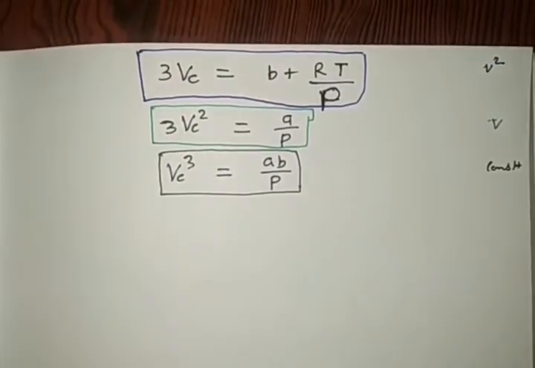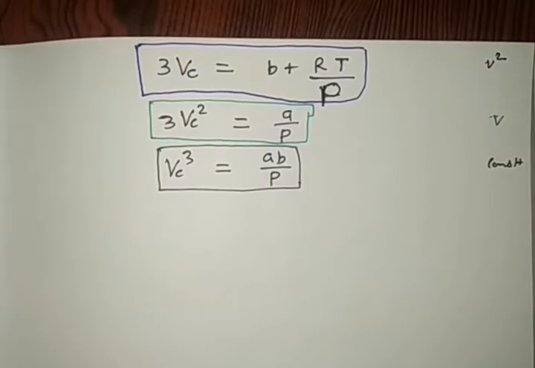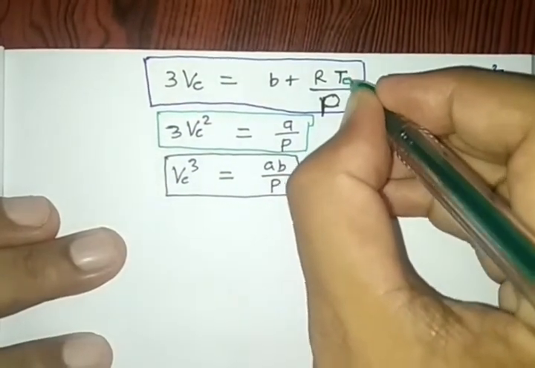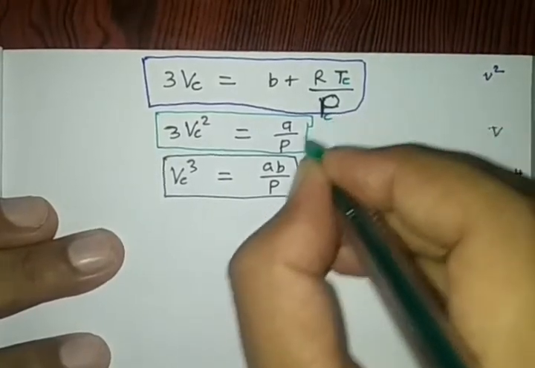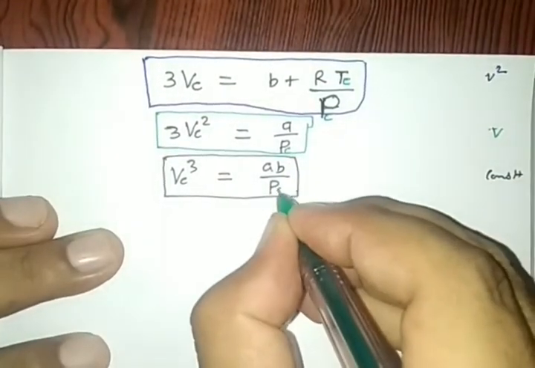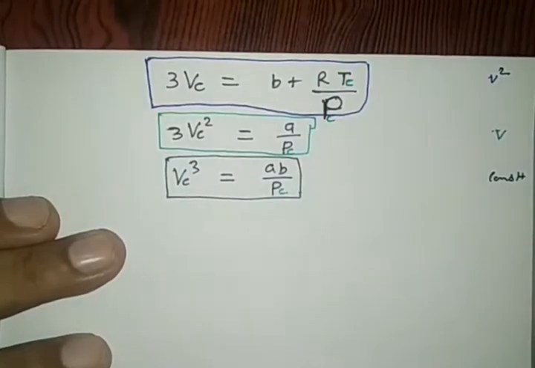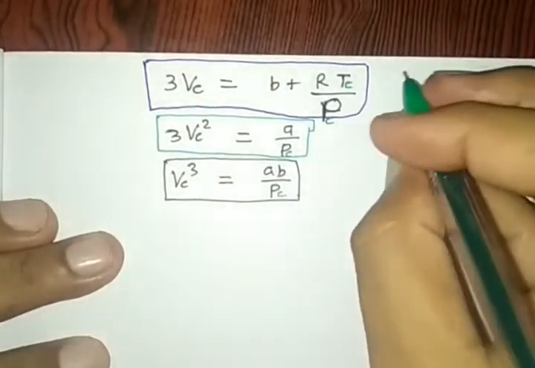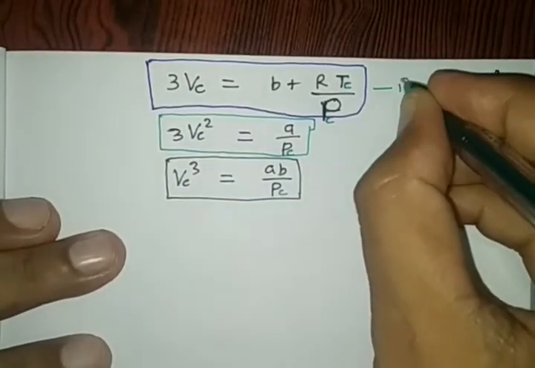So under this condition, the change which we will take here: T will change as Tc, P as Pc, and V as Vc. Clear? These are equations 4,